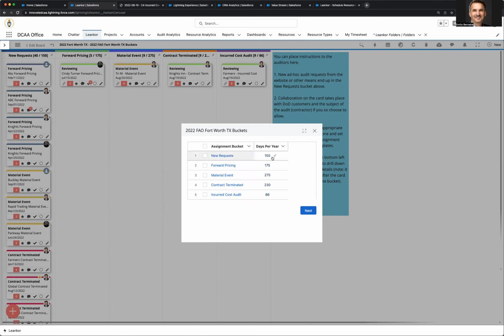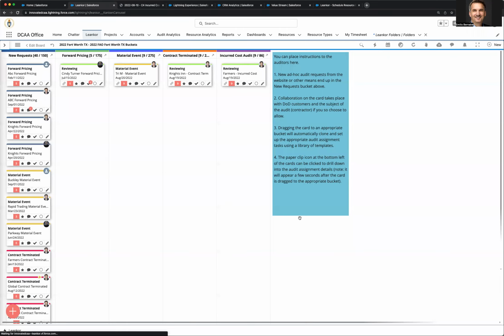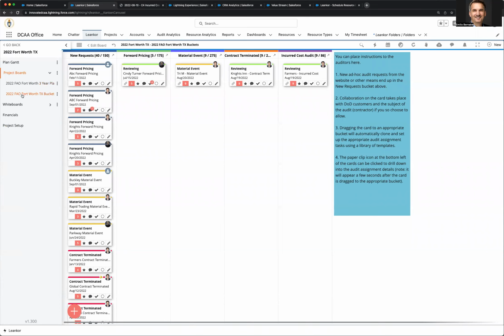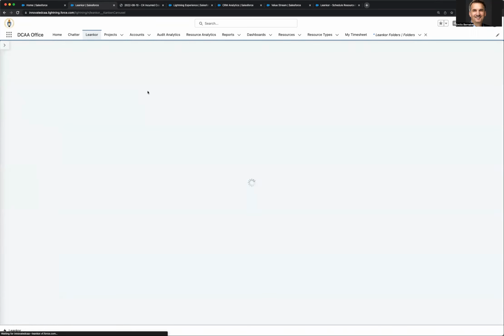Now, that calculation can be configured very easily without coding, just by changing the workflow. And so basically here you can then manually modify the number of days per year per type of assignment. Maybe this is 235, etc. And I could save that. And then what happens is, if we just go back in here, and I'm just going to reload this same